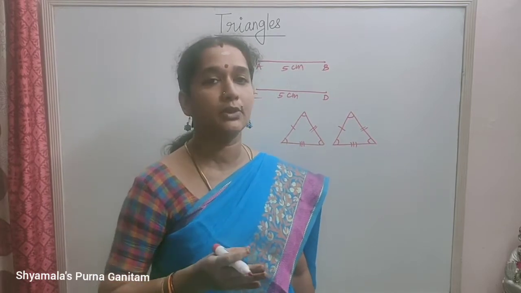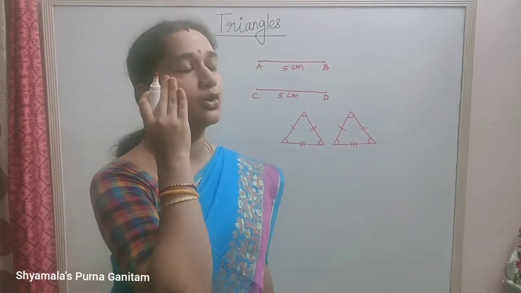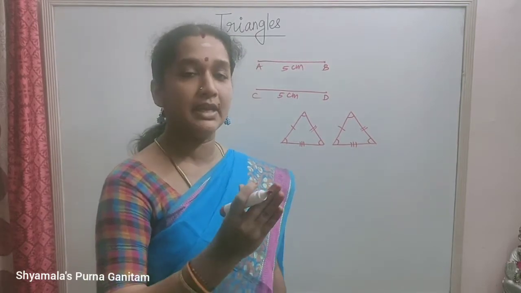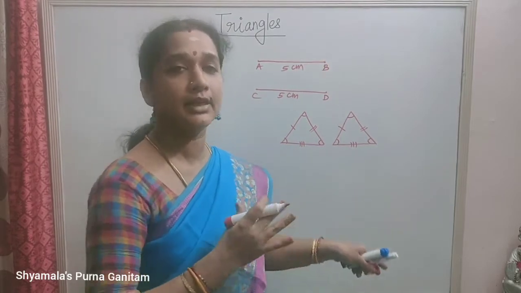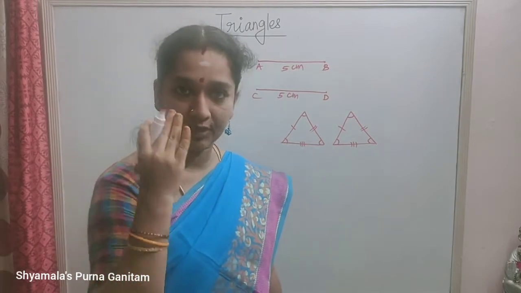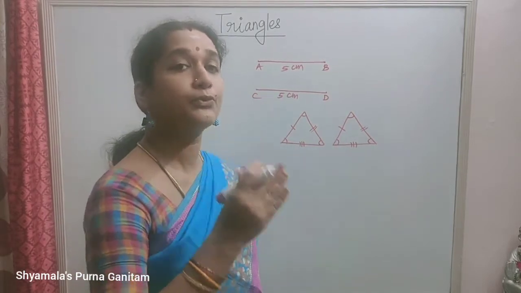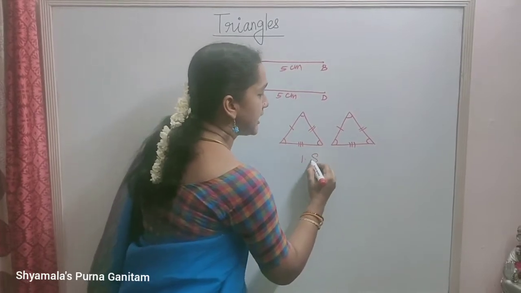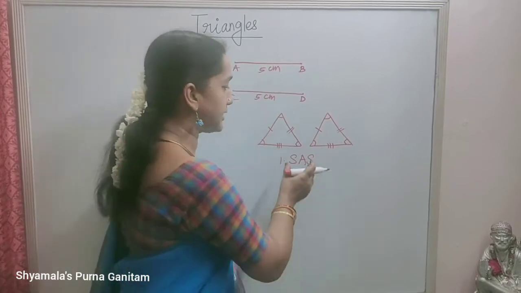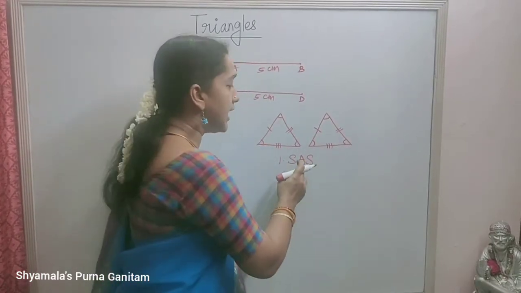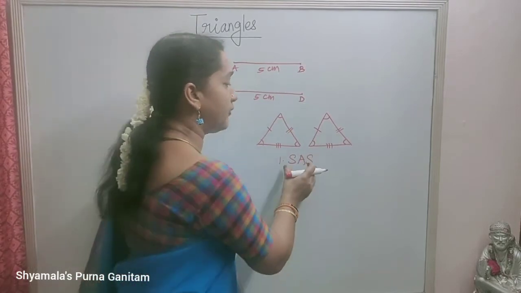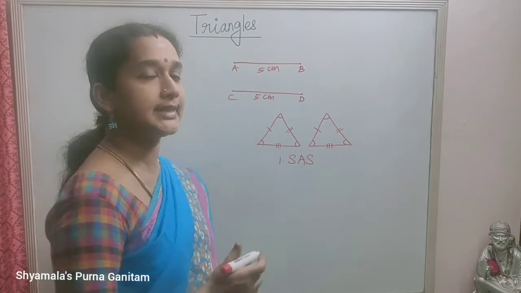There are 4 types of congruent triangles. So we are going to do application of those congruent triangles as the base. We are going to apply that in the given sums. Okay, so in the congruent triangles, we have studied 4 things. First one is SAS congruency, that is two sides of the triangle and the included angle. If the included angle is equal, then we will say that as SAS congruent.